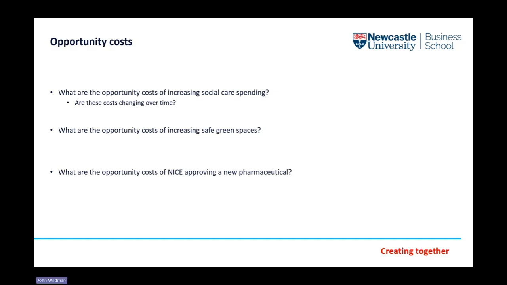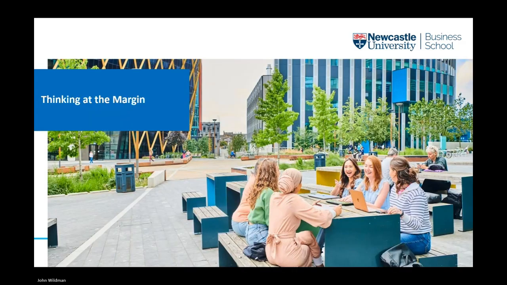On the last slide, I've just got some suggested readings, and I think the threshold is a particularly interesting one around opportunity costs. I've got an article that I think is interesting and quite an easy read to give you a sense of the thought processes behind opportunity costs and thresholds. The next thing I want to discuss is this idea of thinking at the margin.